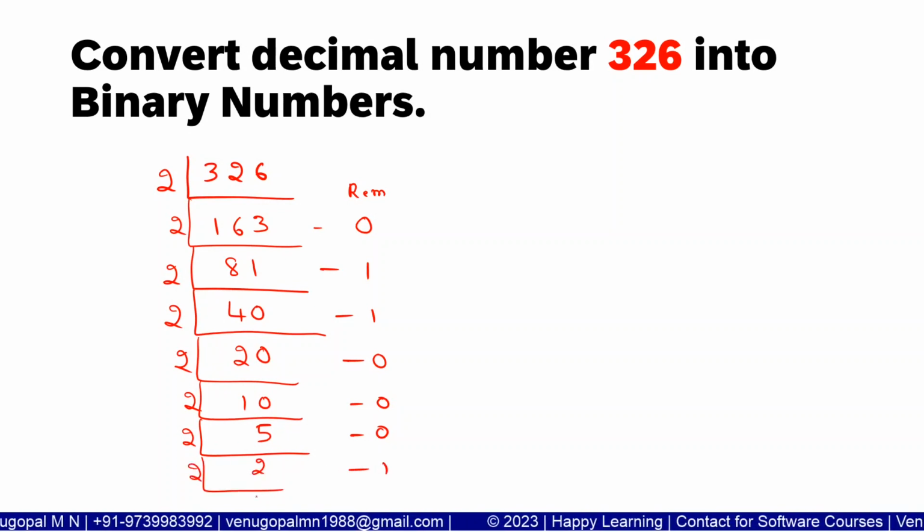Now 2 1s are 2. Remainder is 0. Now one more. 2 0. You have to write it 1. So now